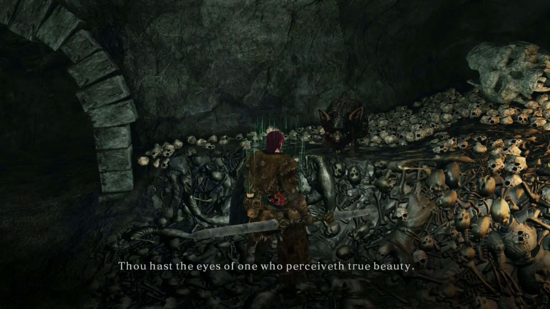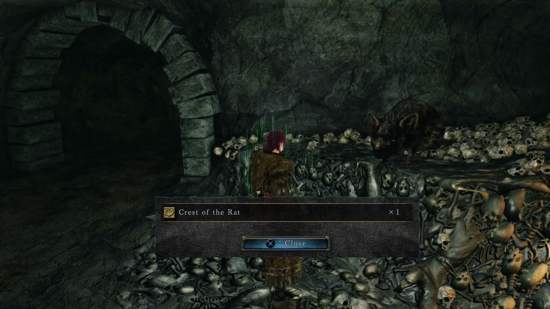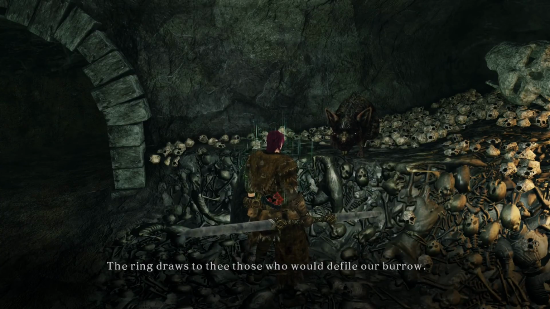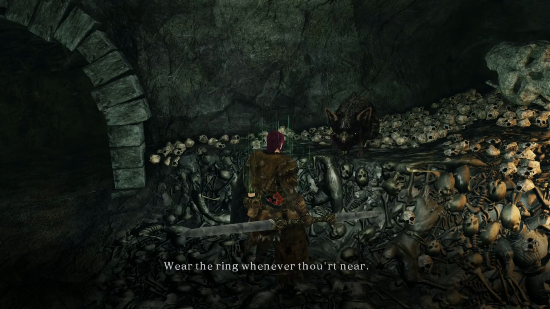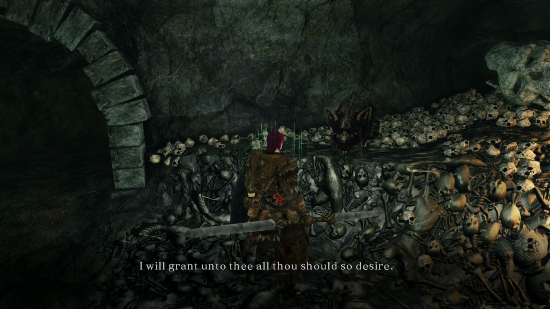Thou hast the eyes of one who perceiveth true beauty. Human, thou mayst serve. Take this ring. It was forged by a human who was once among us. The ring draws to thee those who would defile our burrow. Wear the ring whenever thou'rt near, and destroy those who would dare provoke our ire. I will grant unto thee all thou shouldst so desire. I prithee serve with a